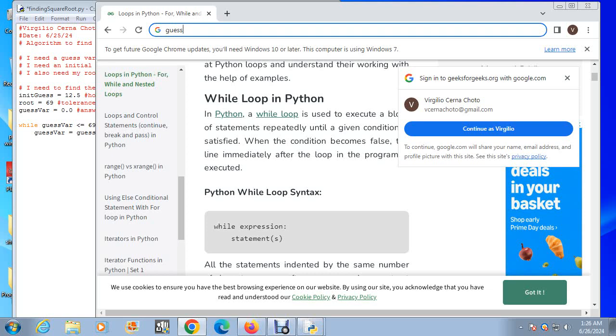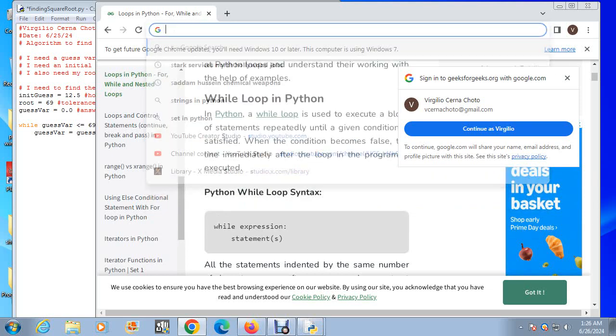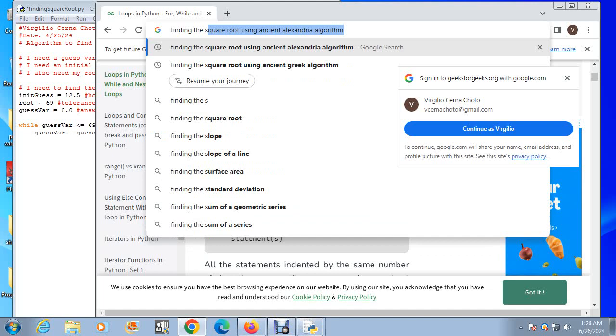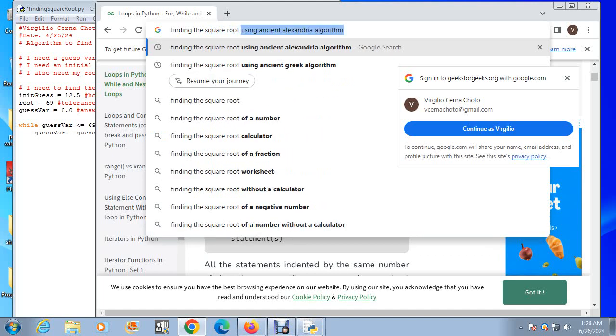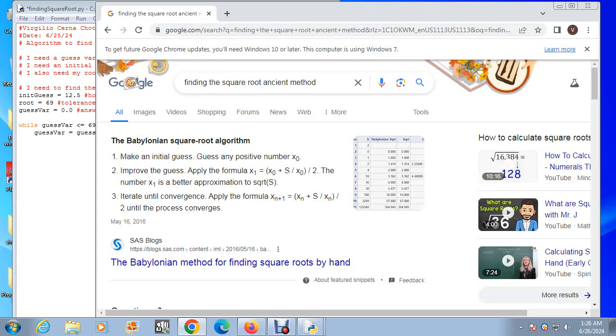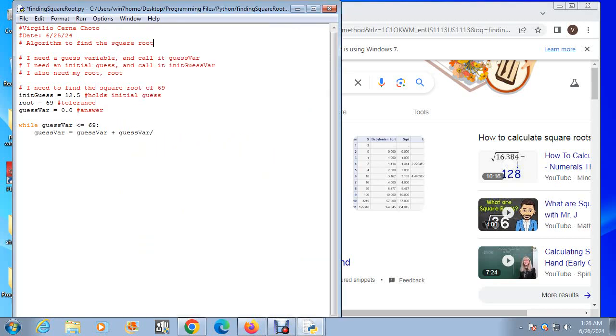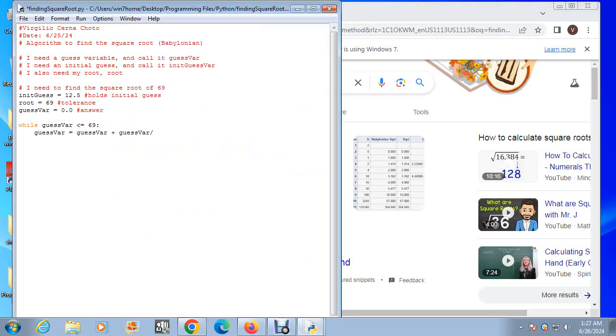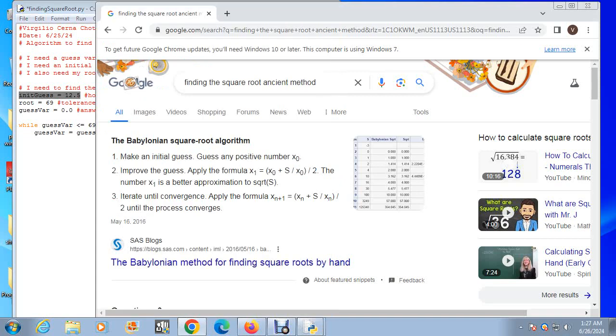Okay, let's see. Let's find the exact thing. Finding the square root, ancient method. Okay, it is this one, look, the Babylonian. So let's call it algorithm to find the square root, and then in parentheses, Babylonian. Okay, so what it says is that you make an initial guess. So we're gonna call it initial guess. I already have it here, so we already did this. And then